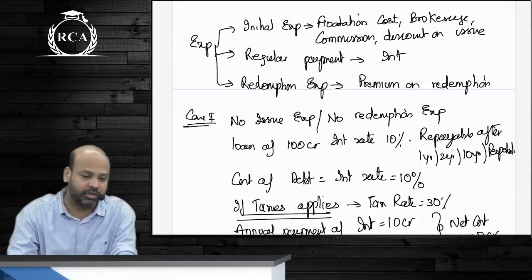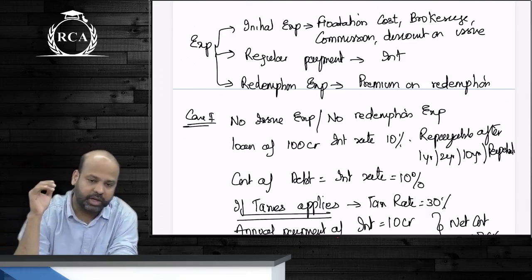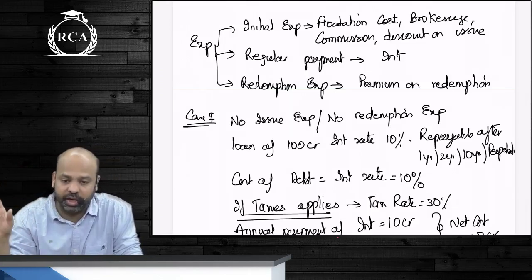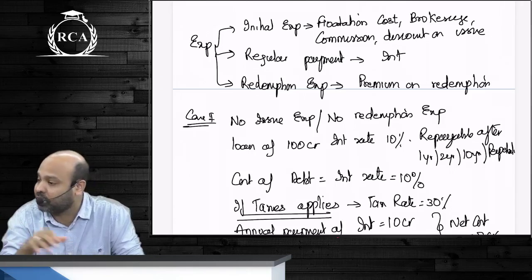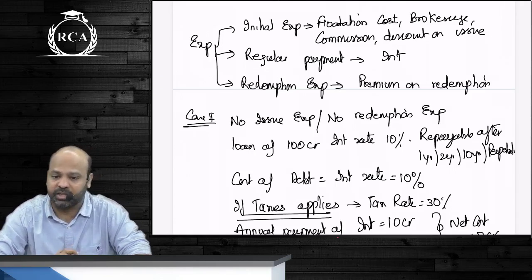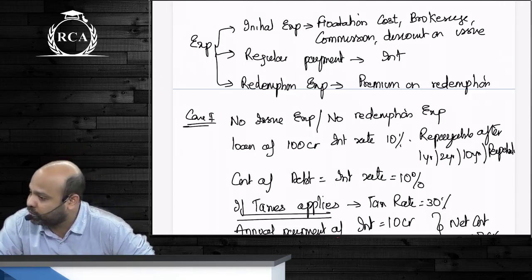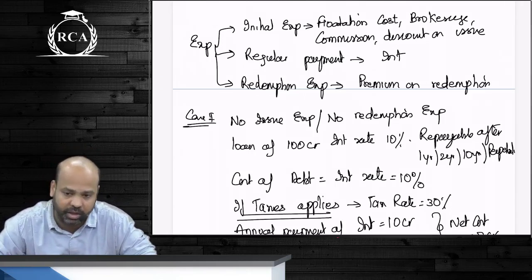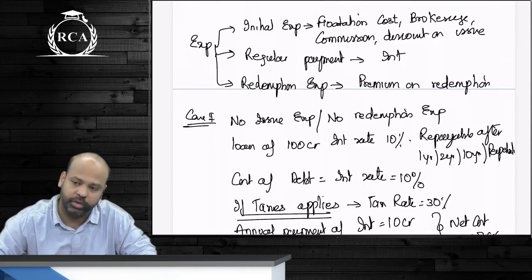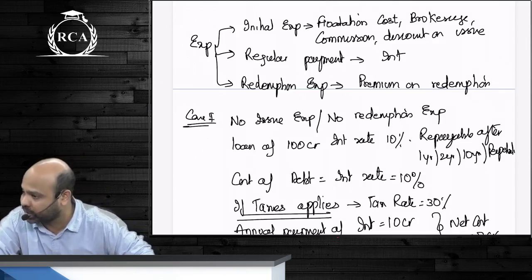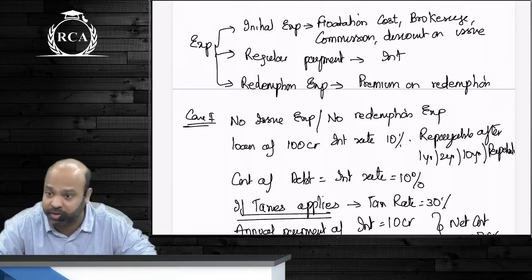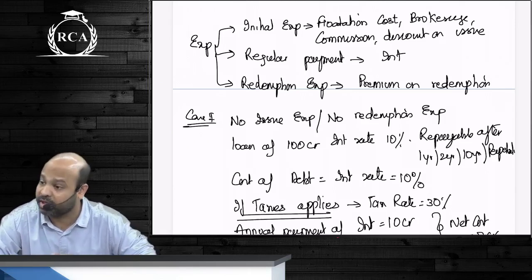The first one was cost of debt. I said in relation to debt, interest is not the only expenditure. Usually interest is the only expenditure, but it is not necessary that you always incur expenditure equal to your interest rate. There can be expenditure that you are incurring at the time of issue of the instrument. There can be expenditure that you are incurring at the time of redemption. Even in case of a term loan, there can be certain debt agents who are helping you in procuring those loans, who will charge certain amount of fees,